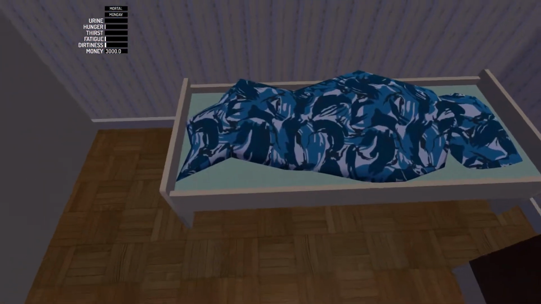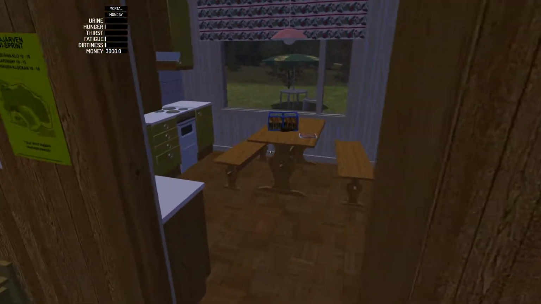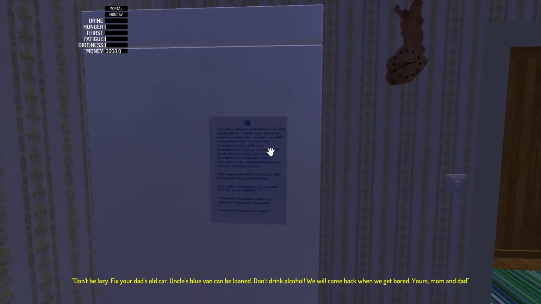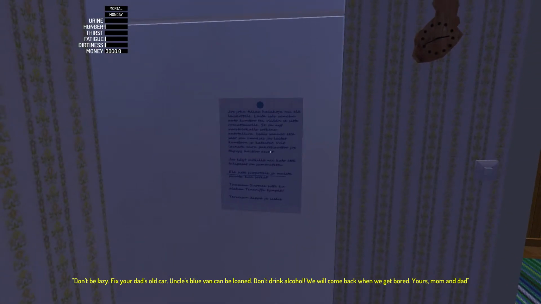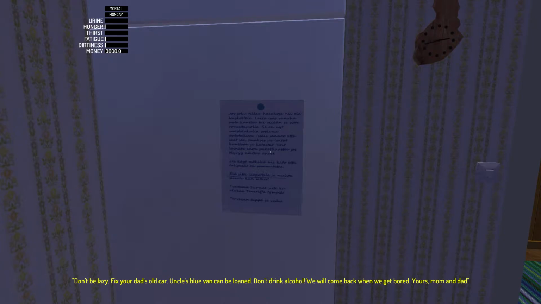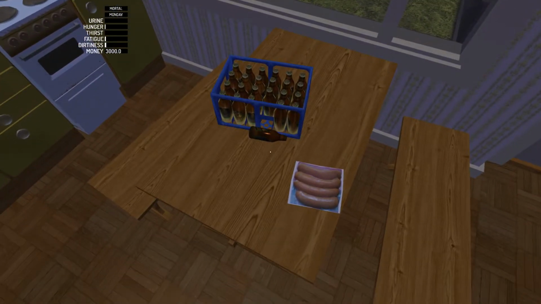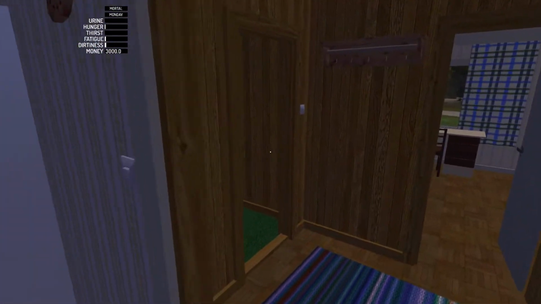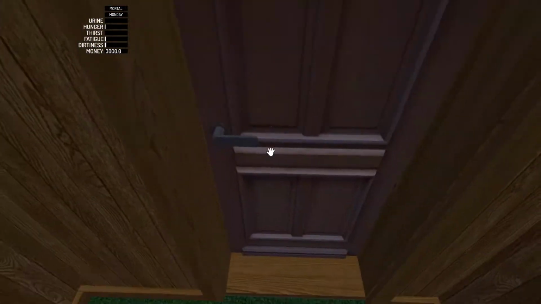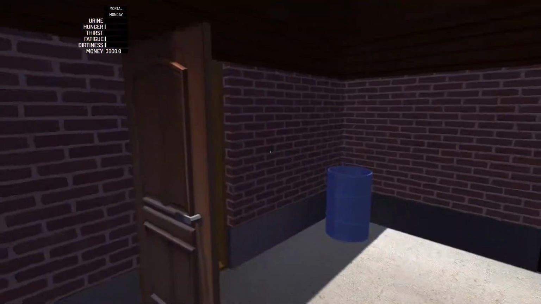If you go back out to the fridge, there should be a note on the fridge. Oh, there is a note on the fridge, but it's in Finnish, so I can't read it. Don't be lazy. Fix your dad's old car. Uncle's blue van can be loaned. Don't drink alcohol. We will come back when we get bored. So that's the premise of the game. Your parents have gone. You're at home for summer on your own, and you want to go and build your car. So if you walk out of the kitchen and turn left...